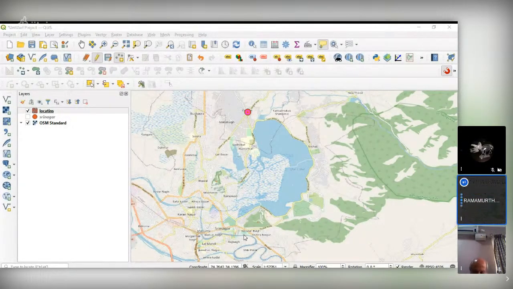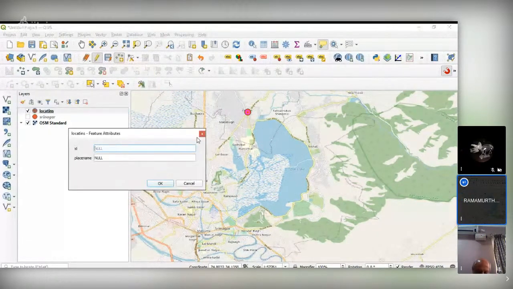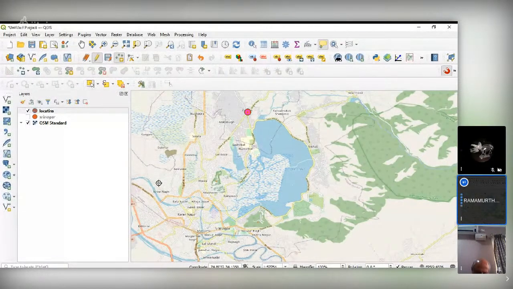So next point I am taking, one more point I am adding, it is Saura. This is 2. Place name is Saura. And third point, Lal Bazar.